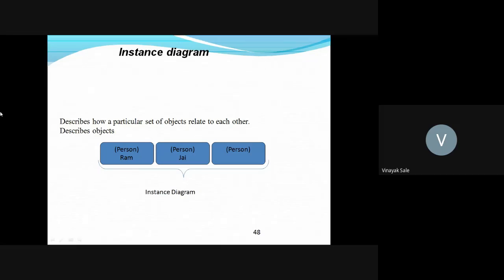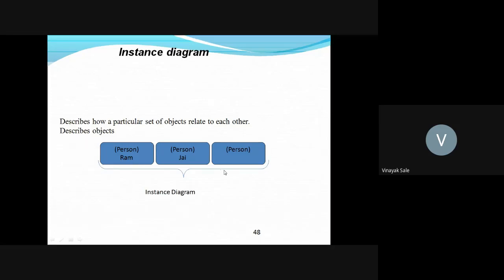Then there is a bracket, and in the bracket there is the name Person, which indicates the class. Here the class name is Person, and Ram and Zai are objects of that class.